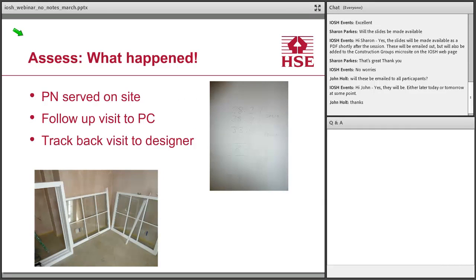So what happened? Well, the inspector arrived on site, as I said, found out about the weights and served a prohibition notice just to stop work while they started to find out how they could solve the problem. The designer didn't think it was anything to do with them when the inspector went to talk to them. He sent the designs directly to the joiner who made the windows, and the windows were delivered complete to the site. Nobody even thought about the weight of the windows, and they just decided that two men could